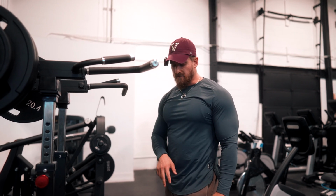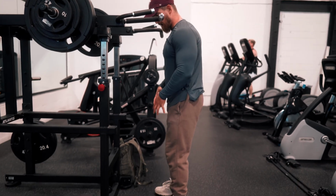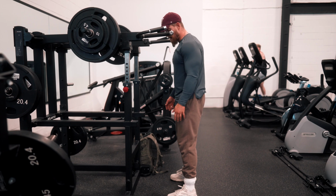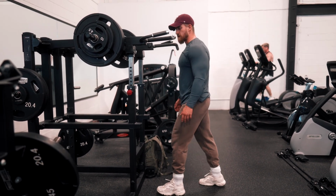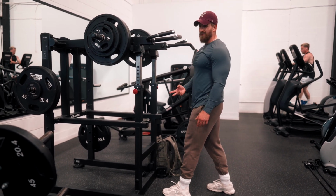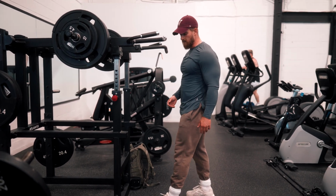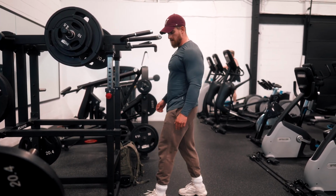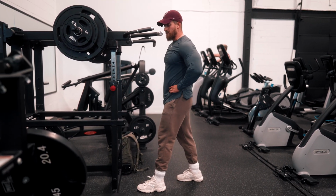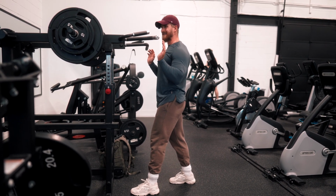Now, when it comes to foot positioning, I was using a regular, slightly wider than shoulder width stance with feet together. However, you're more than welcome to do a split stance. The only reason I'm not using a split stance on this, well, a few reasons. One, call it OCD, but I like to switch it up each set. Nothing wrong with that. But two, it is going to shift one of my hips offset a little bit, so